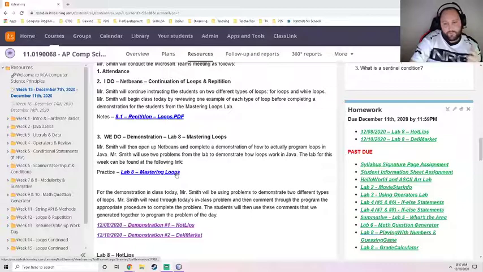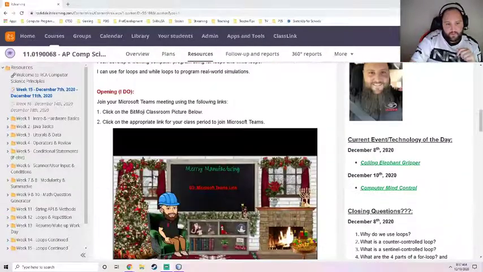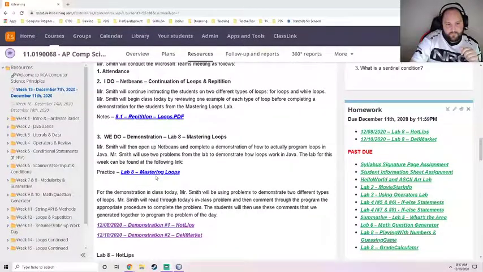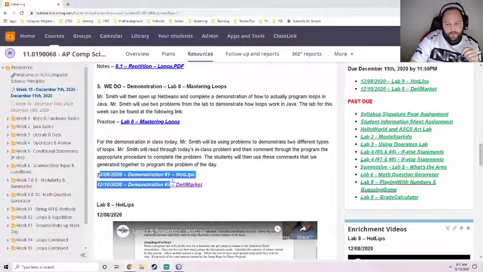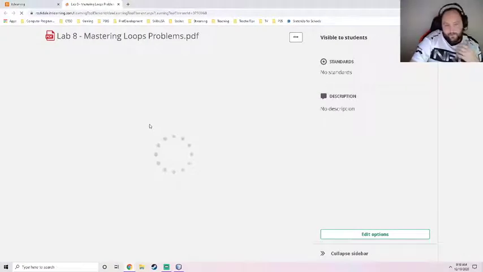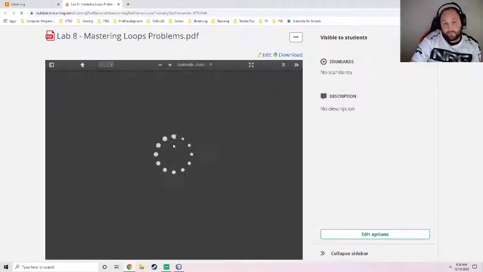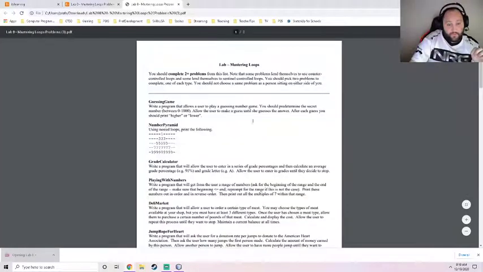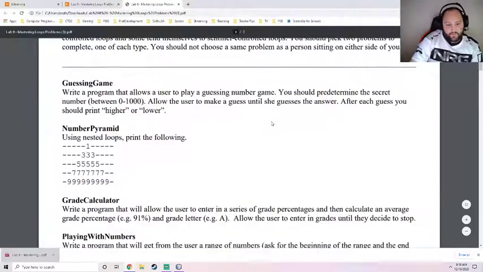All right, so again, if you go to our It's Learning page, you can scroll down and see that on 12/8, which was Tuesday, we did the hot lips problem on the lab. Today we're going to be doing DeliMarket. All right, so all these problems are very similar. I'm just getting you to practice how to use loops to complete problems. All right, so again, I'm going to just quickly download and open the lab, and let's take a look at